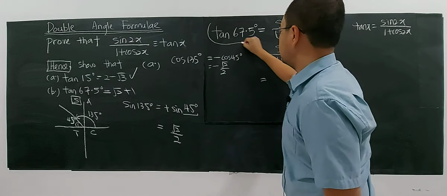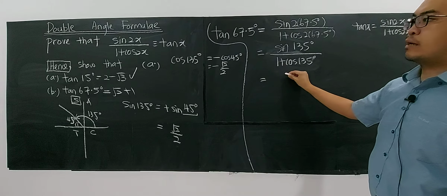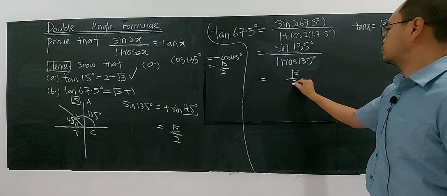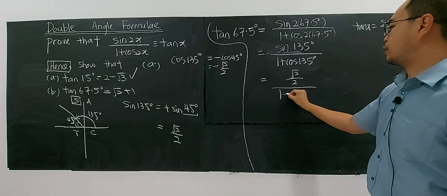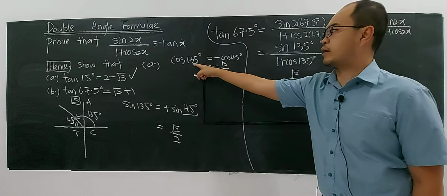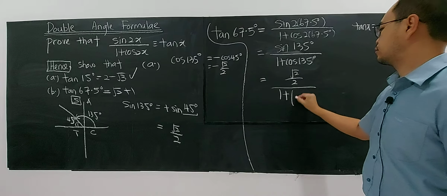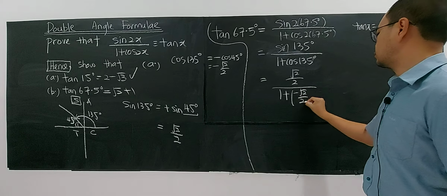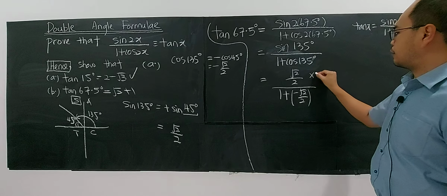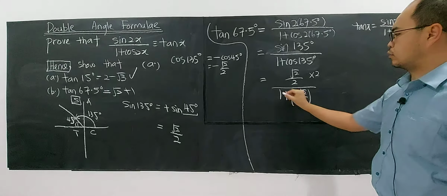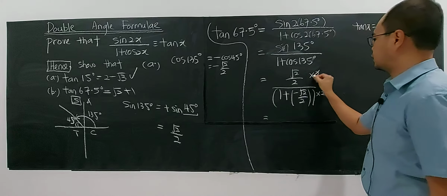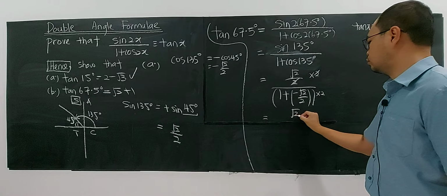I have sine 135. Sine 135 is square root of 2 over 2. And for this you have 1 plus cos 135. Cos 135 is negative square root of 2 over 2. Right? Then you evaluate. Very easy. You multiply up and down by 2 because there is a 2 here on the denominator. So you multiply by 2. The faster way. You multiply by 2, you cancel out, then you have square root of 2 over